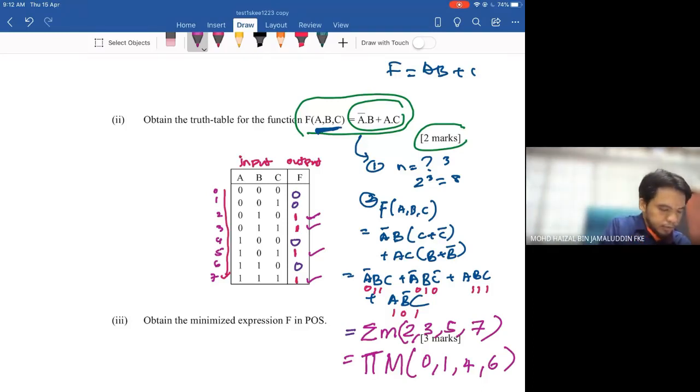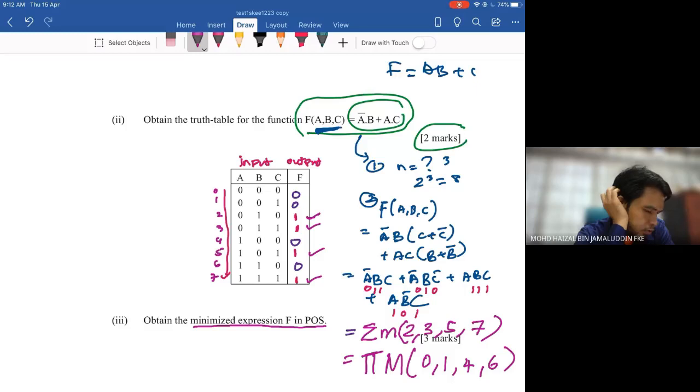Okay, so next the question asks, obtain the minimized expression of F in POS. So the question asks about the minimized expression in POS. So to get this,